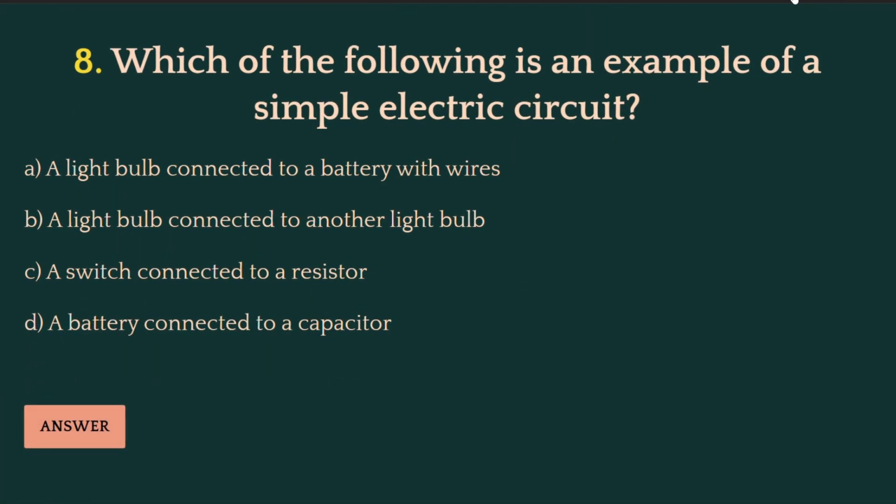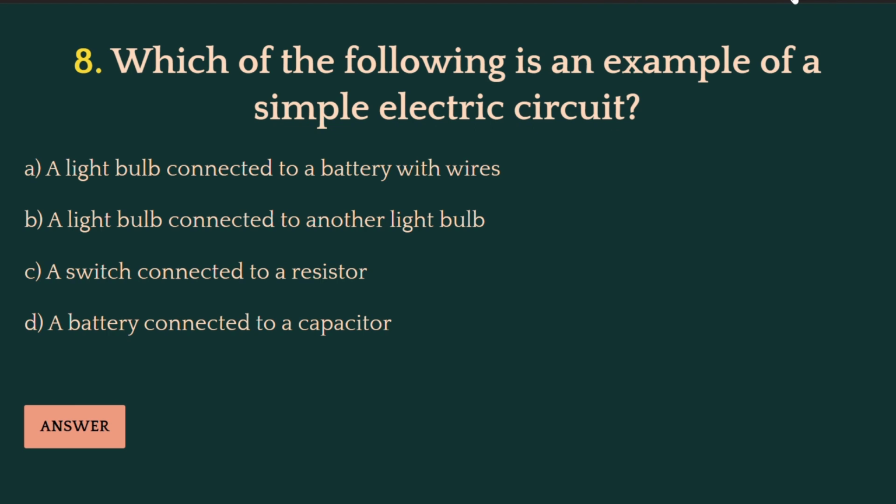Question number 8. Which of the following is an example of a simple electric circuit? Options are A. A light bulb connected to a battery with wires. Option B. A light bulb connected to another light bulb. Option C. A switch connected to a resistor.